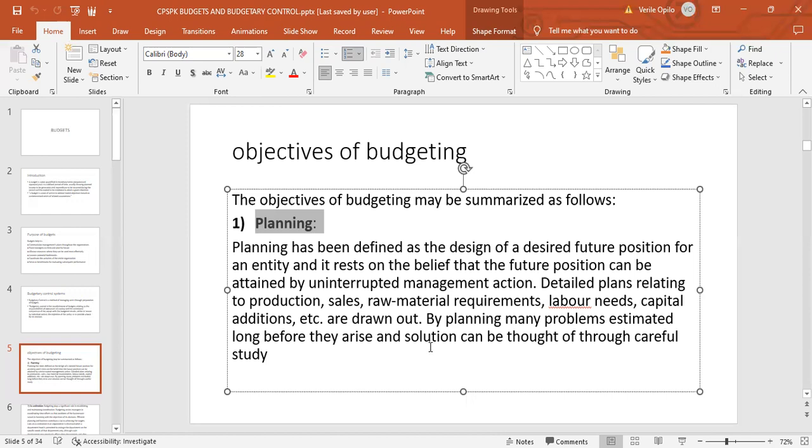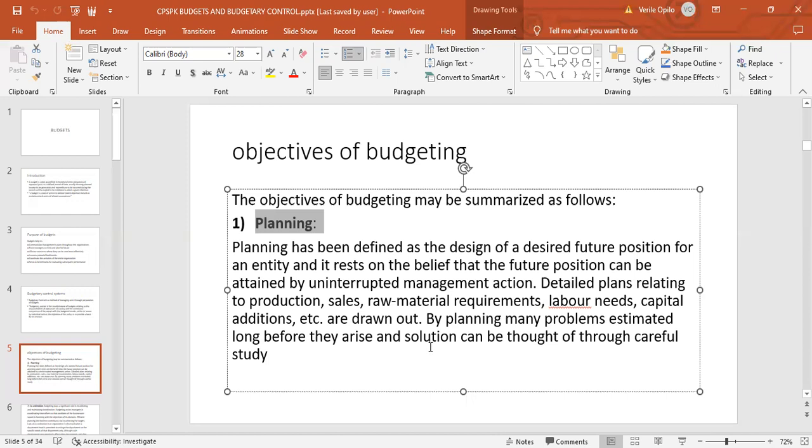These people, how are we going to pay them? How much are we going to pay them? So you're able to quantify the cost for the labor. You're able to quantify the cost for materials. You're able also to look at any other expense that the business is going to incur. So you're able now to see the overheads, the raw materials, the labor needs of the business. And then now you check, do we have enough resources within the company to be able to finance these projects